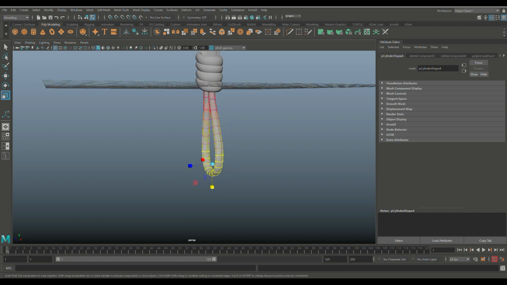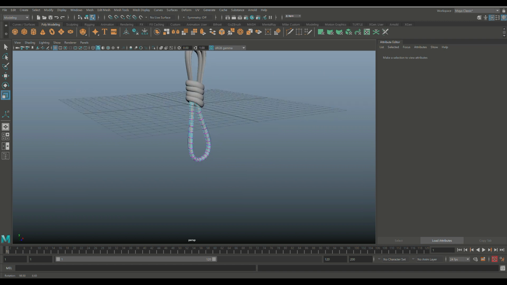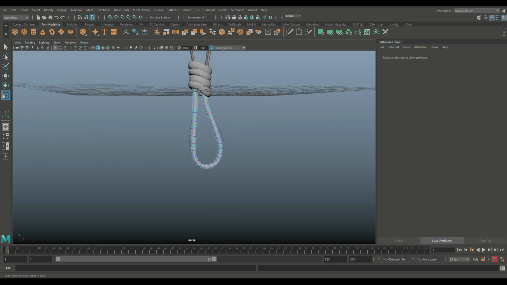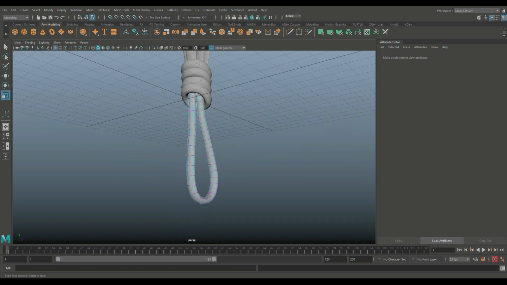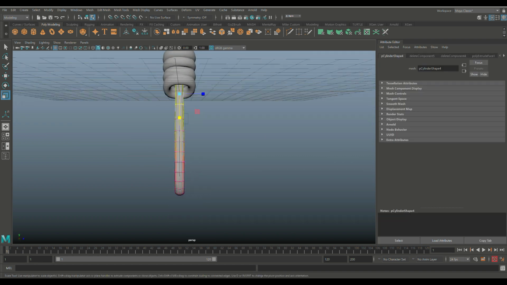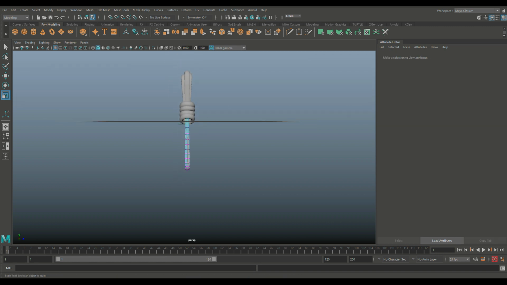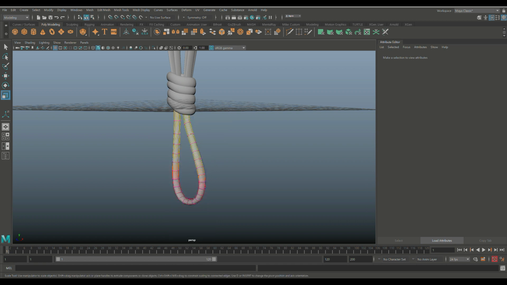Like that. And I would say that's pretty good. Then we're going to go up here into vertex mode. Kind of do the opposite, bring that in just a little. So we got that. And then what we're going to do is we're going to take this,